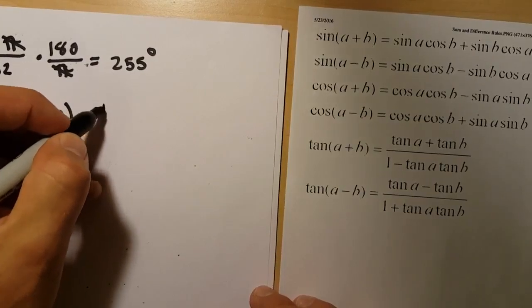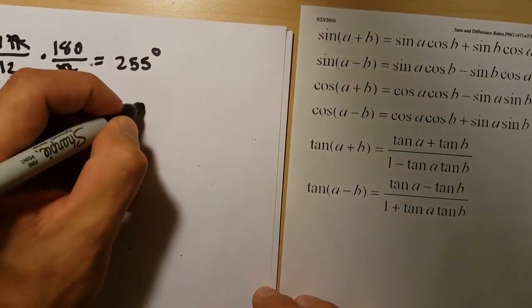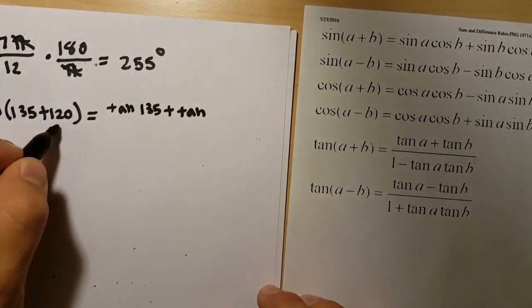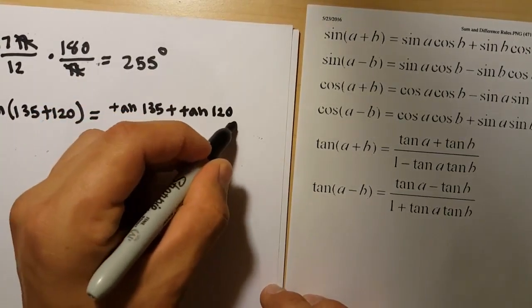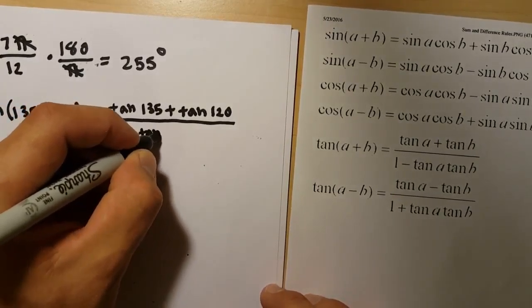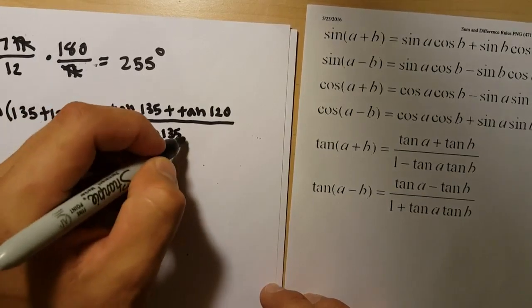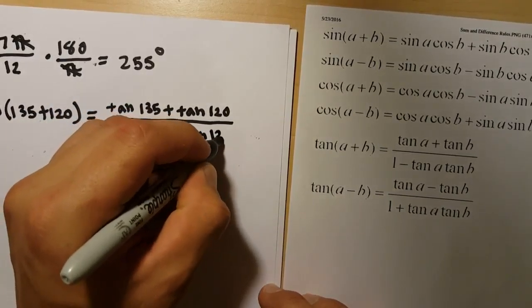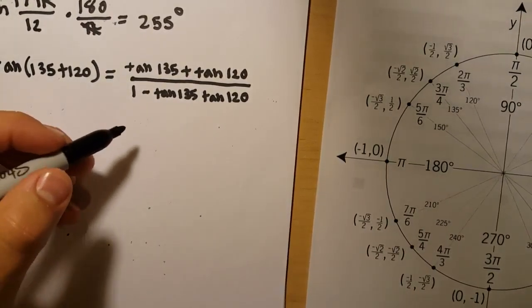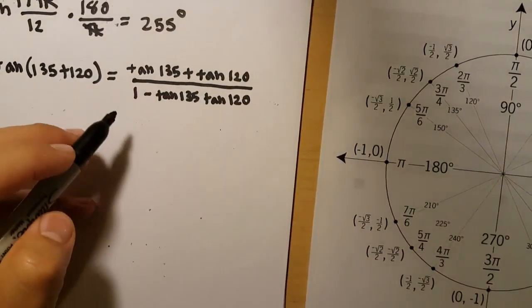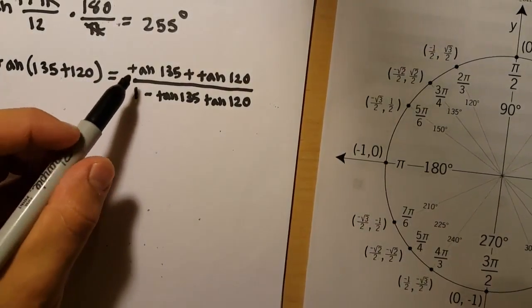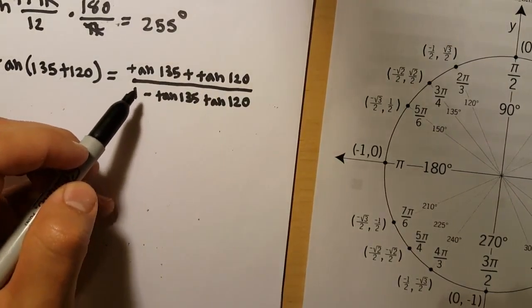and we get tan 135 plus tan 120 over 1 minus tan 135 tan 120. So now we see that we got this formula, and then we can start to solve for each individual tan